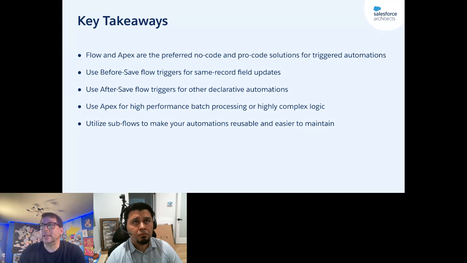If you're doing same record field updates, that's where you would want to use before save flow triggers, which are fairly new. I mean, they've been around for a little while, but they're still fairly new. And then after save flow triggers are for other declarative automations. And then when you need to do high performance batch processing that has really complex logic, Apex